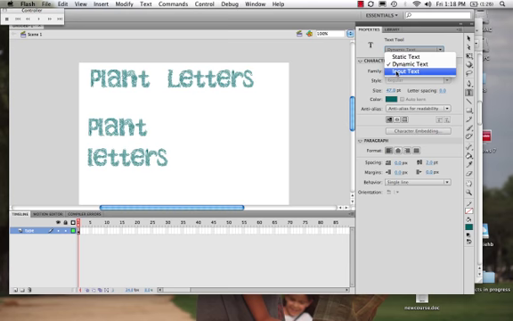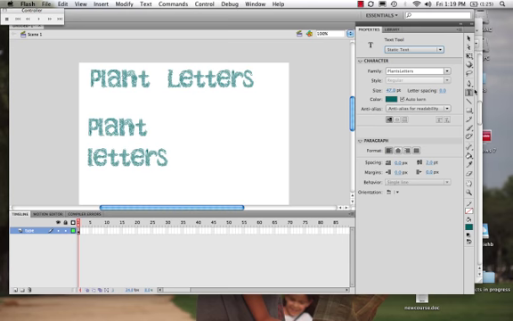The last one that we have right here is the input text, and we would use input text if the viewer is going to input text. I think that makes sense, right? If we're creating some kind of application where the viewer is going to input some type of information, that is what we use. All right, so I'm going to begin with plain old static text for this little exercise,